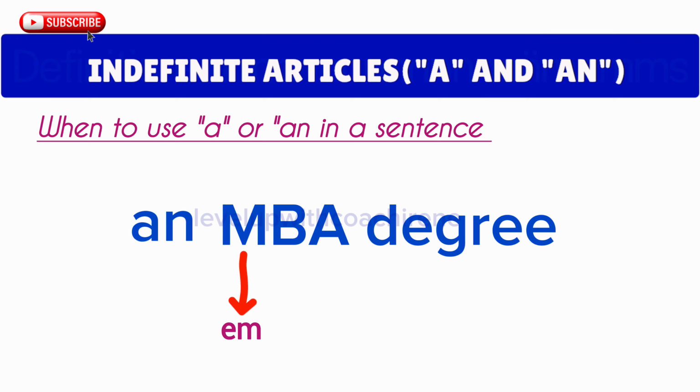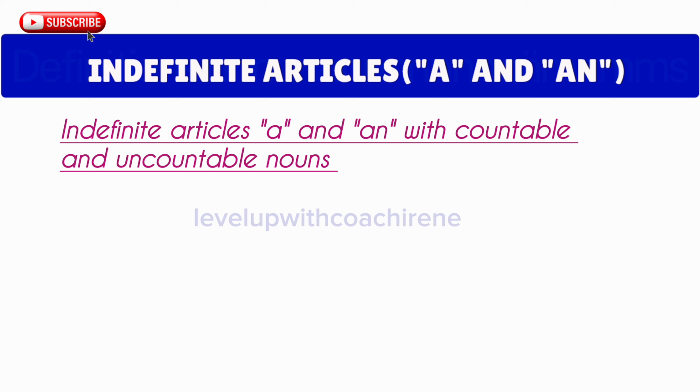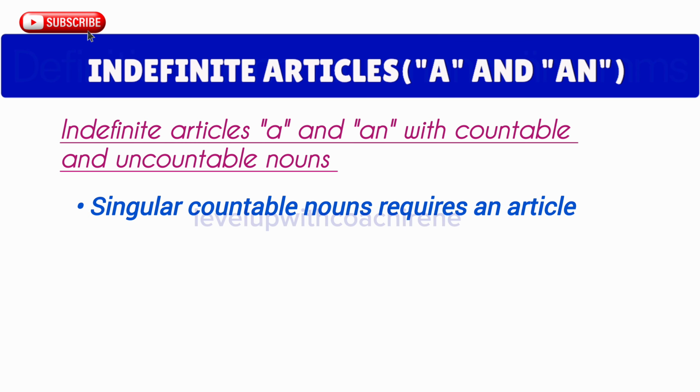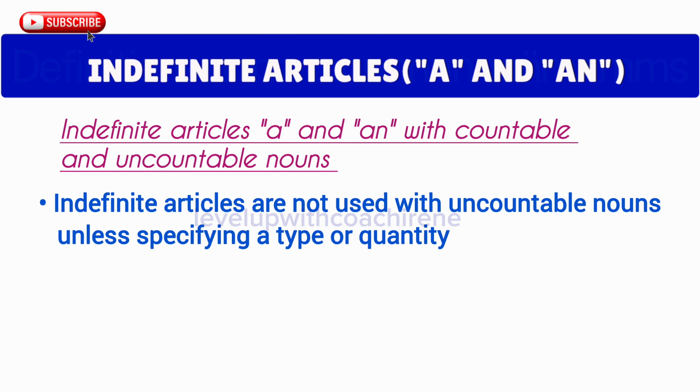Let us look at indefinite articles with countable and uncountable nouns. For countable nouns, singular countable nouns require an article. For example, she is eating an apple. I bought a book. For uncountable nouns, indefinite articles are not used with uncountable nouns unless specifying a type or